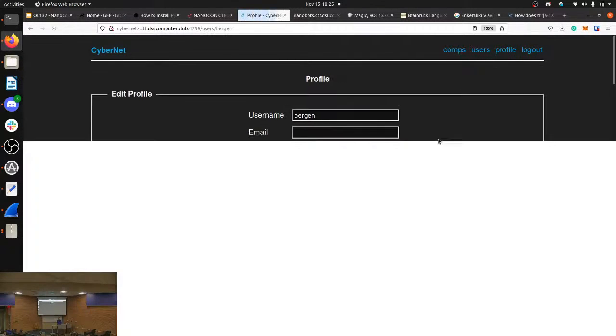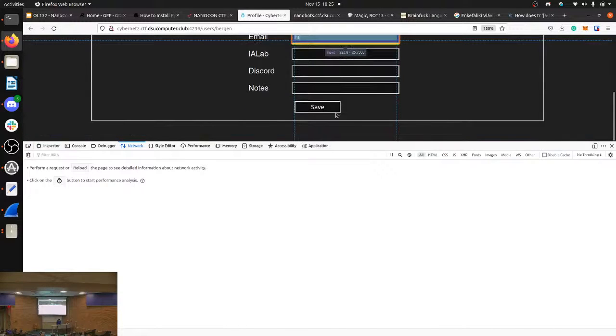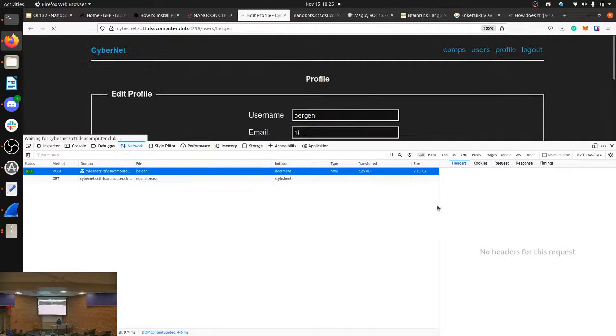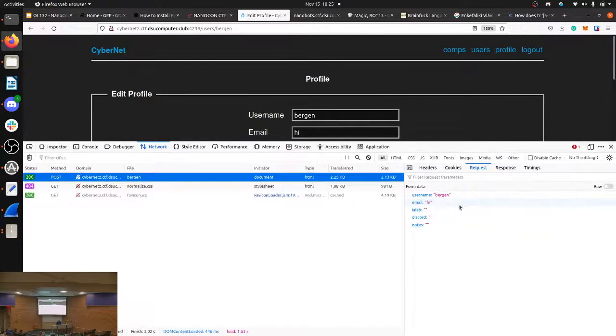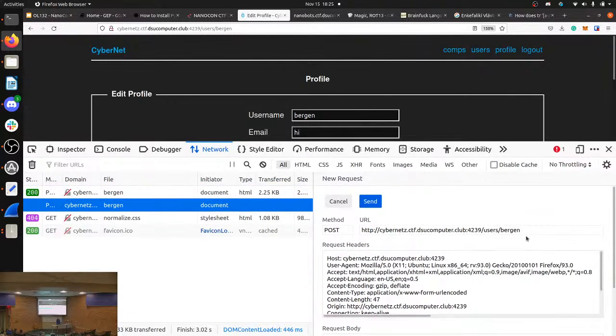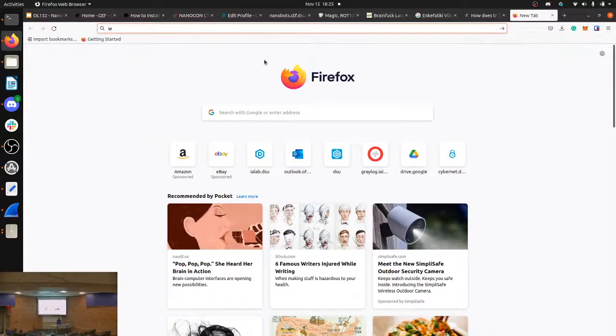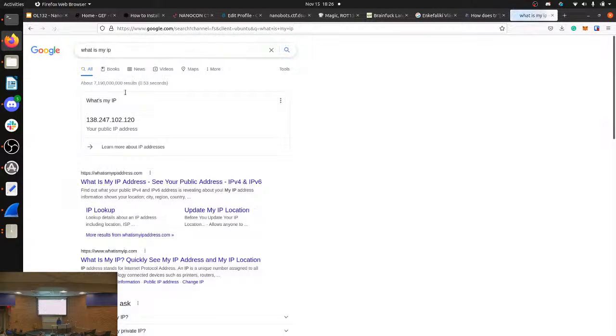So now we see on our profile, when we make a request, it sends it, because it's a post request. So I'm going to send an email like, hi. And then we see the post request right here. It looks like this if you do edit and resend. You can't do this on Chrome, so if you're trying, just give up. It looks like this. So every field equals something. So what if I was just like, API equals my IP, which is